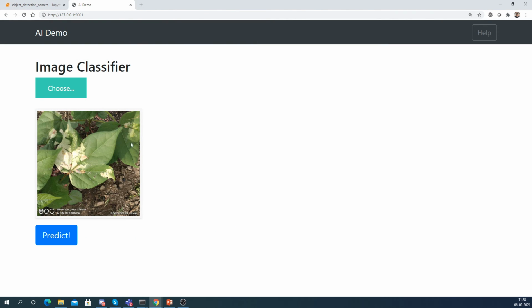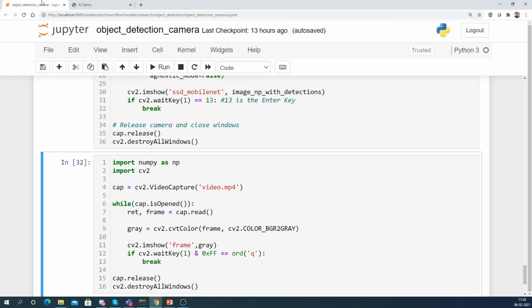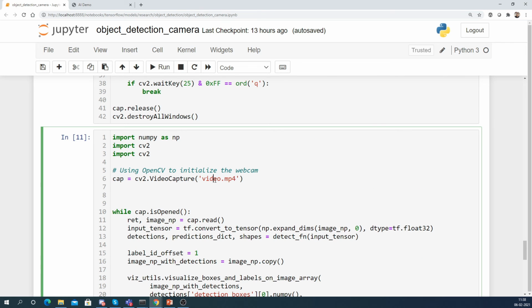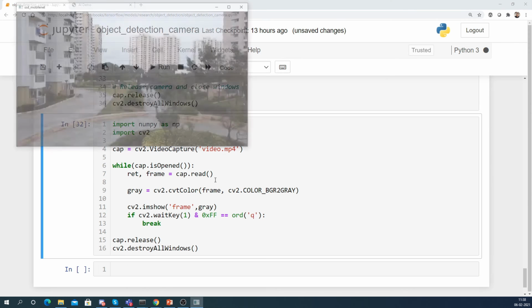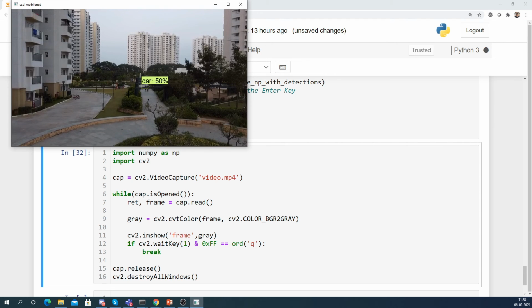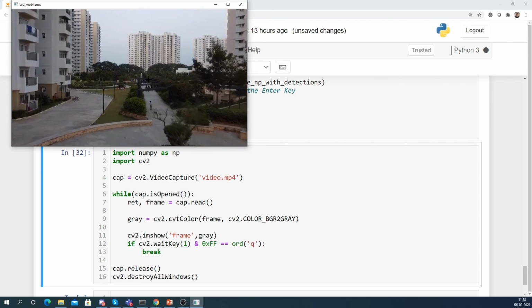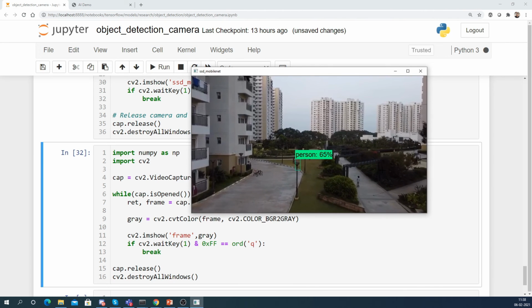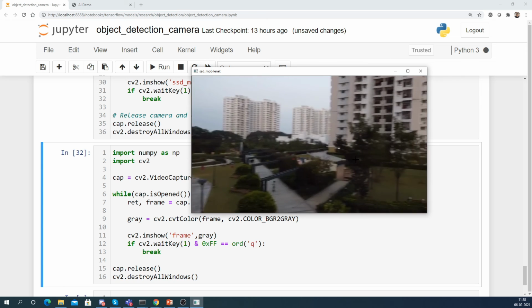Okay, so this is one example, but we always need to make sure that this model gets continuously trained. Tomorrow I may have new images. These images are basically taken from webcams. I'll show you one more example. So here you see this. I have a drone which I had taken for my research purposes, and here you can also see that this is with the help of my drone. I have taken some videos of my local area inside my community. So here you can see that it is showing up various things.